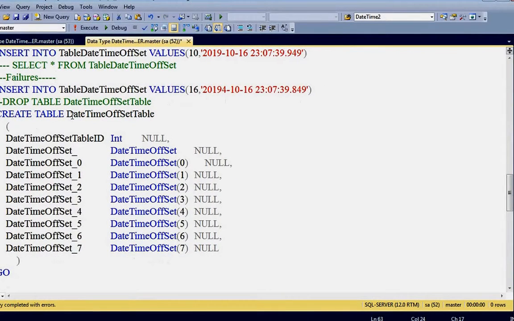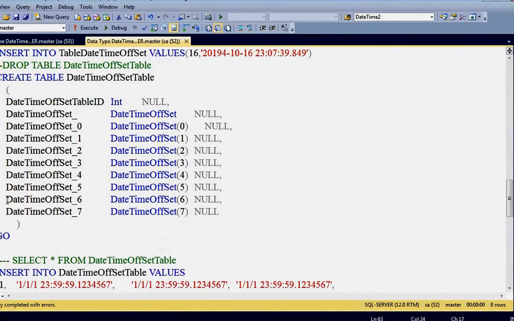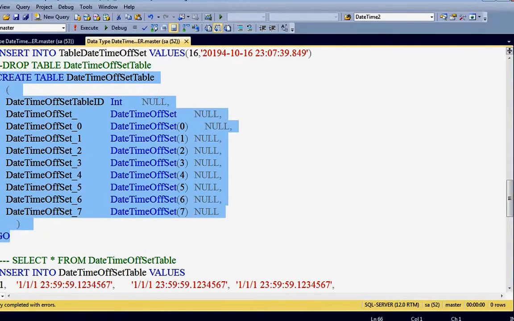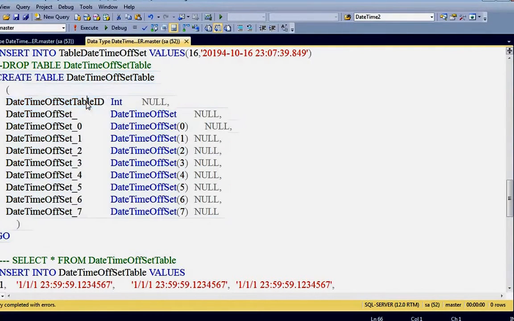Okay, and let's create another example of a datetimeoffset table which has one ID column, and the remaining columns have different n values. This is the default one, which is equivalent to datetimeoffset of 7, and this is 0, this is 1, 2, 3, 4, 5, 6, 7.